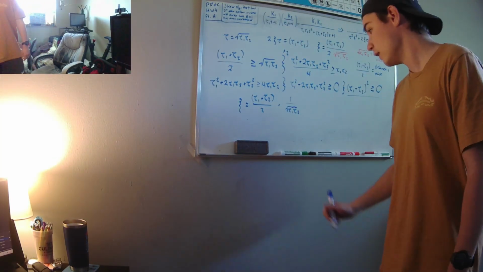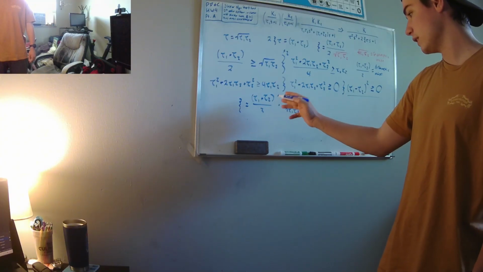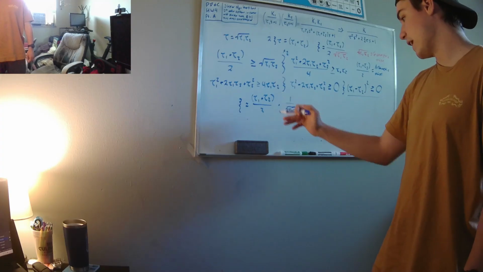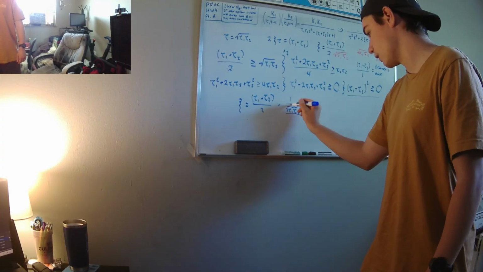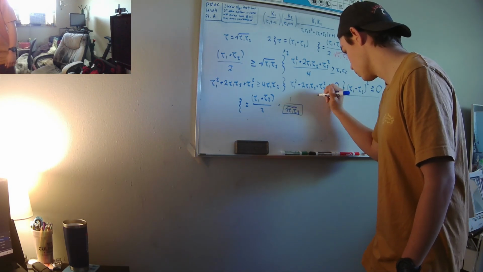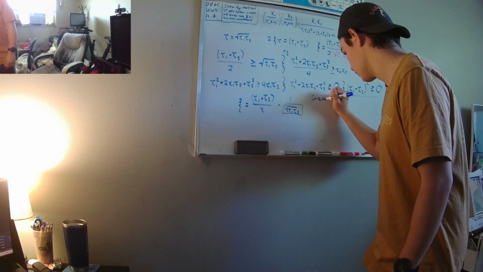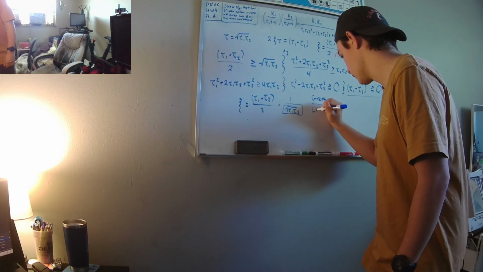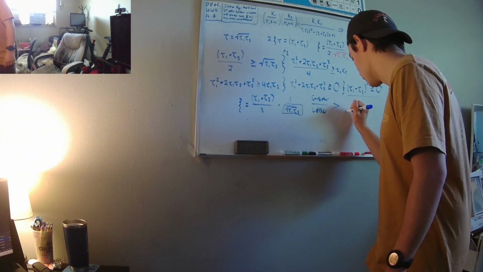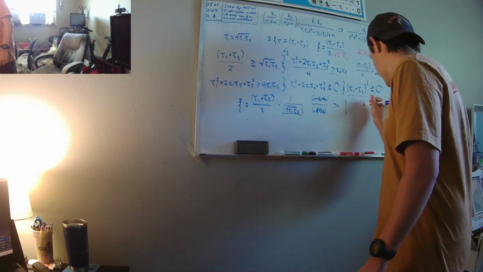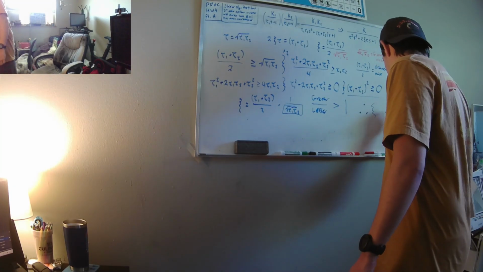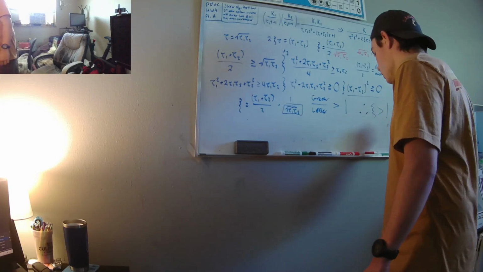If we know that this value is always going to be greater than this value here, we've got something greater over something lesser, which will always be greater than 1, meaning that our zeta must always be greater than 1,